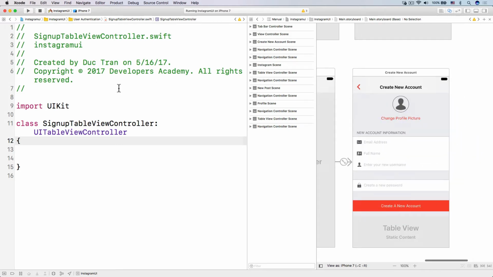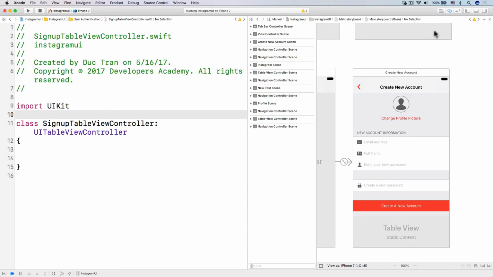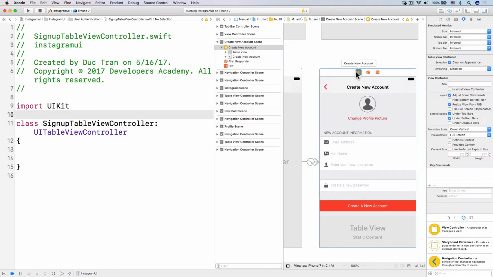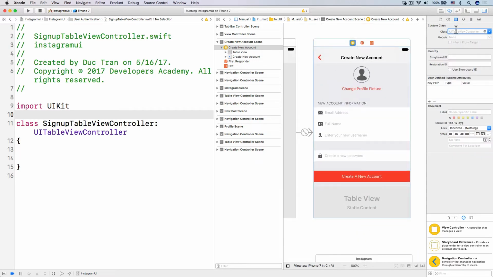Now the way you can do that is just go to the project navigator, hold the option key and click under the file that you want to play. You can just show the assistant editor on the right hand side. Okay, so I click into the storyboard, and then let's click this create new account scene, change that view controller